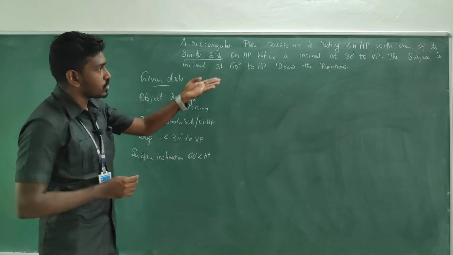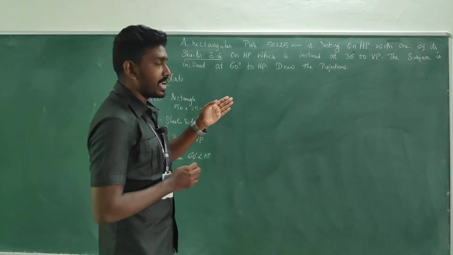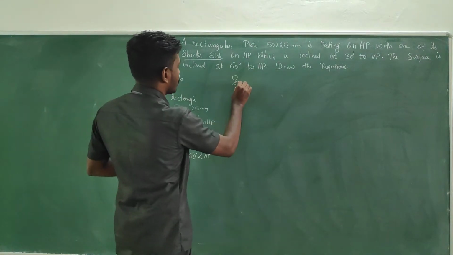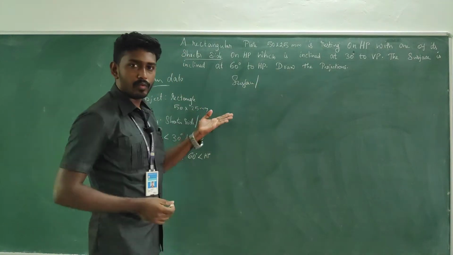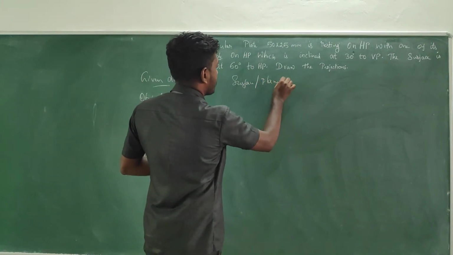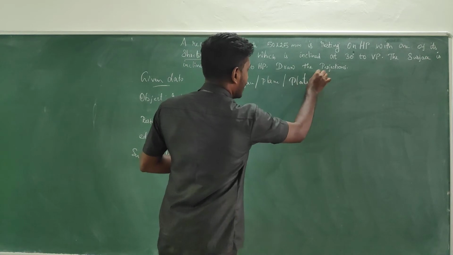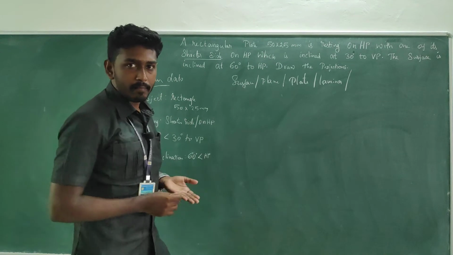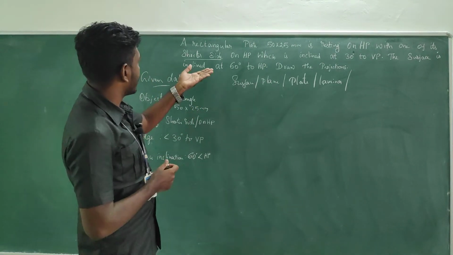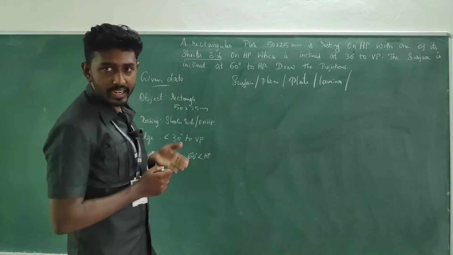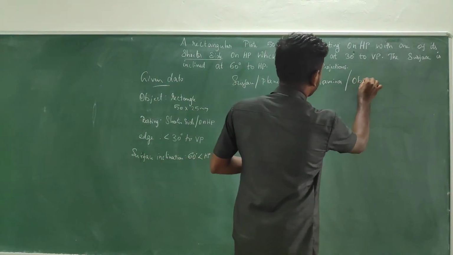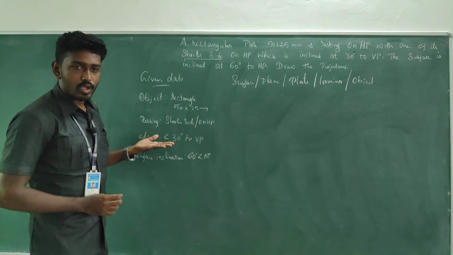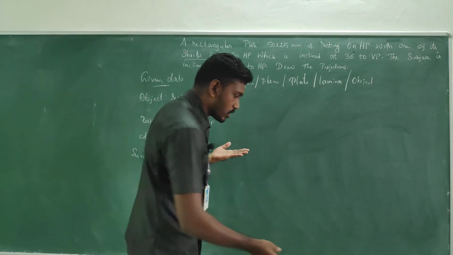Always remember, in this question the surface is mentioned clearly, but what is the other name for the surface? Surface we do call as plane, then plate, lamina, as well we can call it with the name itself. Pentagon is inclined or hexagon is inclined, rectangle is inclined, the object itself. Okay, remember it? Fine. So these are the things given in this question.